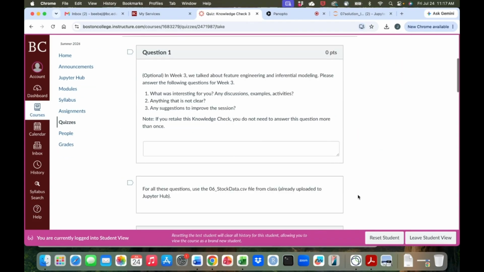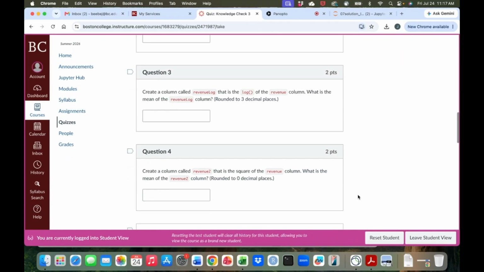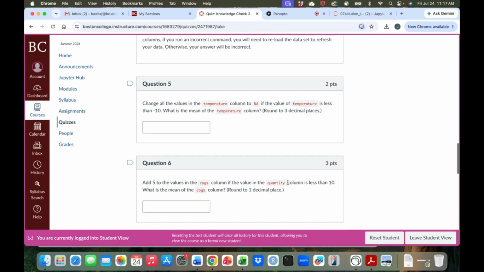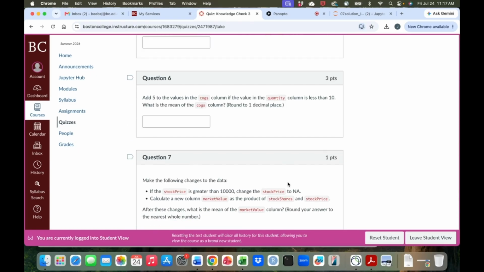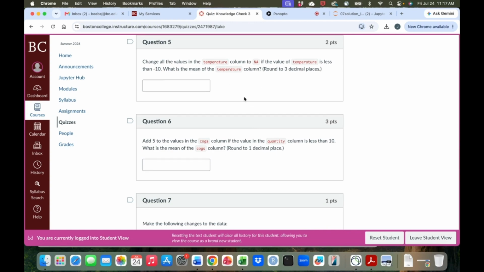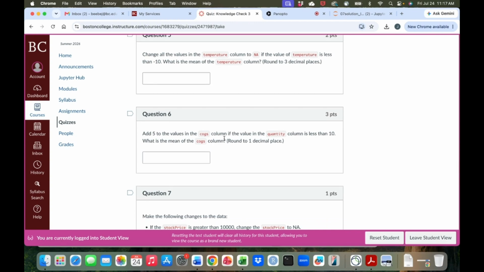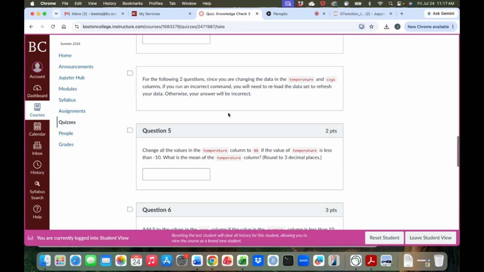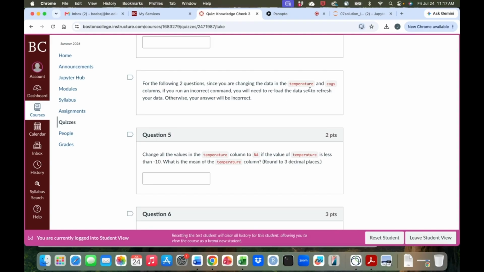I think that where people lost some points was when you started getting down here, right here at question 5, 6, 7, where you started doing some more heavy duty feature engineering. In particular, question 6 and 7, I noticed a lower percentage correct. And what I would tell you is just to remind you, and I kind of gave you the hint here,